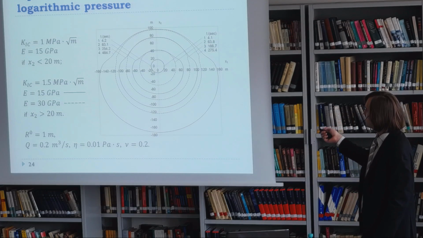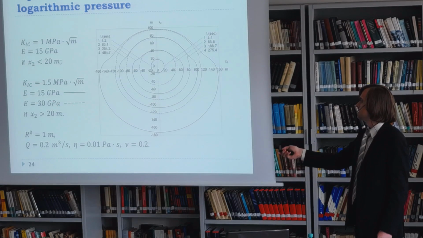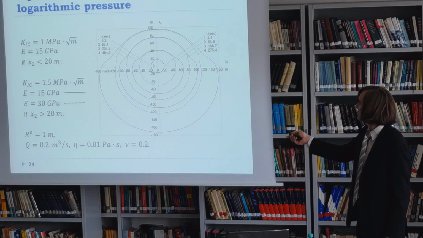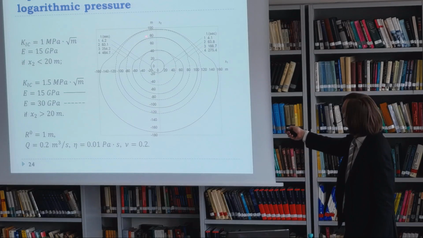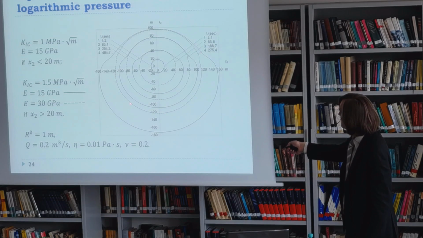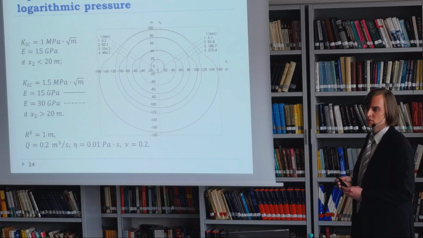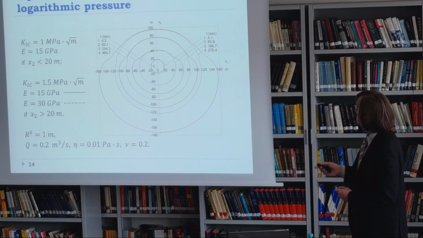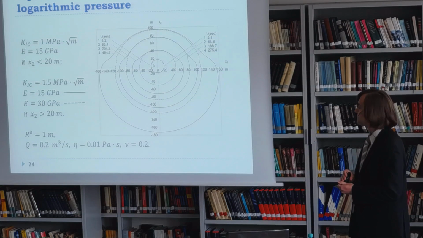We have also considered a medium where not only the fracture toughness, but also the Young modulus of this layer is proportional. So the dotted line corresponds to this case, where not only the fracture toughness, but the Young modulus of the medium is also variable. So actually in this case it was closer to penny-shaped, which is a very peculiar result.